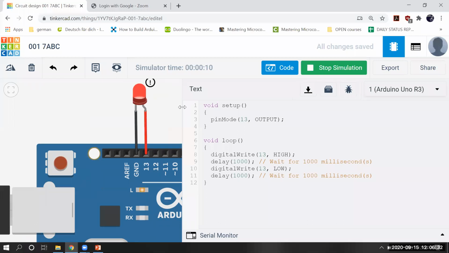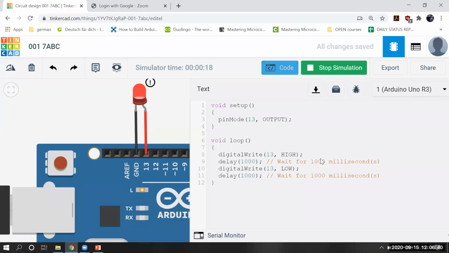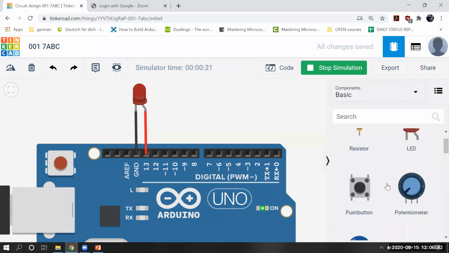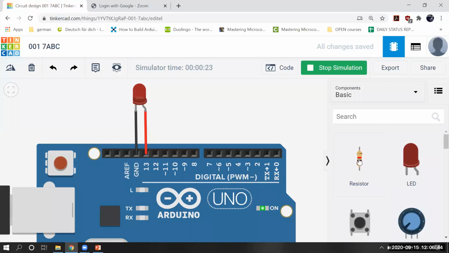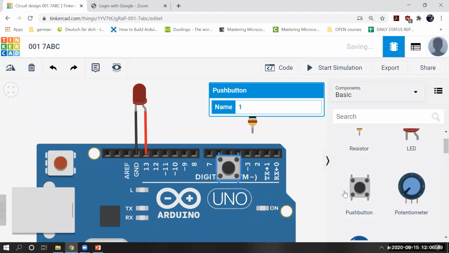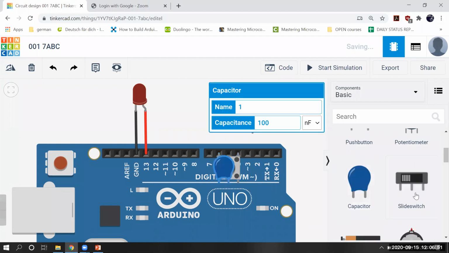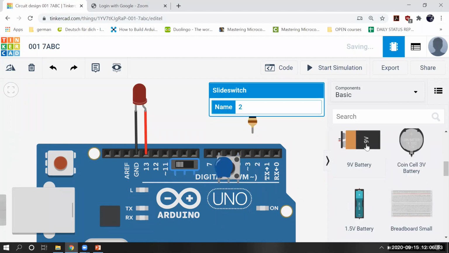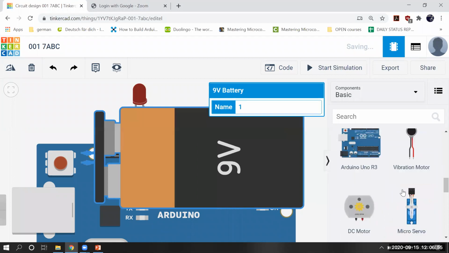Before moving forward to make any projects, we must talk about these components. How a resistor works, what is the use of a resistor, what is the use of this button, how to use this button, what is a capacitor, what is a switch, how to connect the battery and all those things.